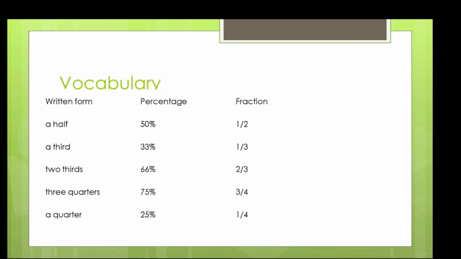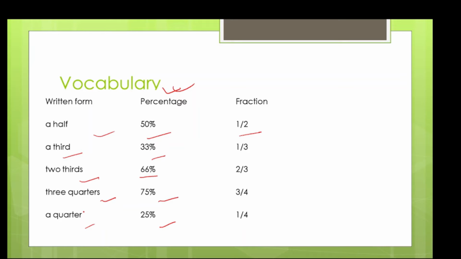Next thing we have to be careful with is the vocab. Be very careful, because in a pie chart there is not much information you can mention. You can just play with the vocab a little bit. So you can pause the video and make a note of this vocab: for half we can say 50%, for a third we can say 33%, 66% can be 2/3, 75% 3/4, 25% a quarter. So you can use this vocab instead of just writing the percentage 50%, 20%.